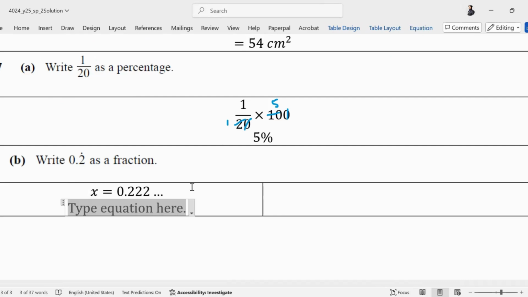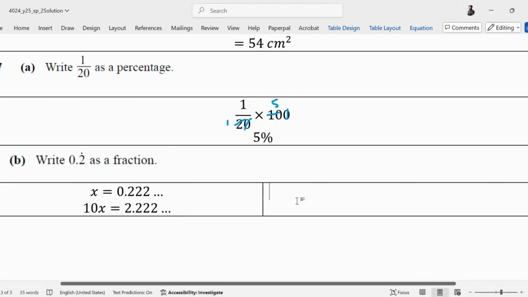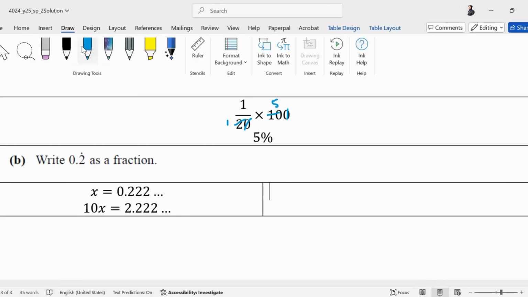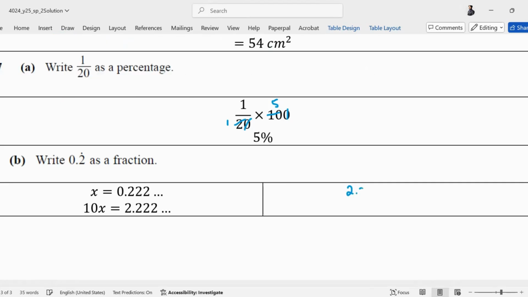So I'll just multiply this by 10. That will give me 2.222 and the decimal goes on and on forever, 2.22222, and that was 0.222. So if I take 10x and I subtract x from it, 10x is 2.222 and the decimal goes on, minus 0.222. So when I subtract them, all the recurring decimals get cancelled out and the value that I end